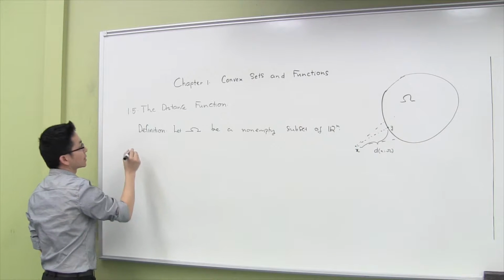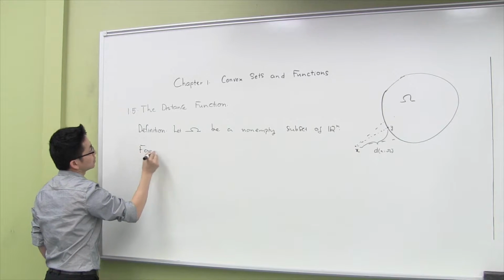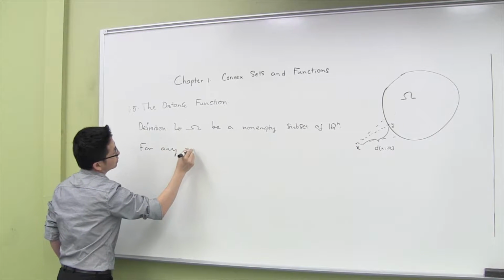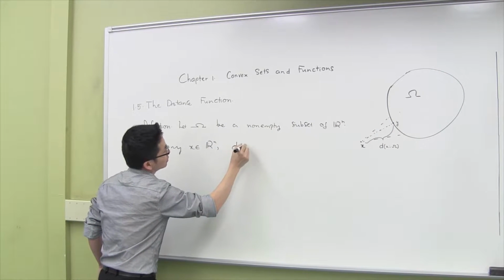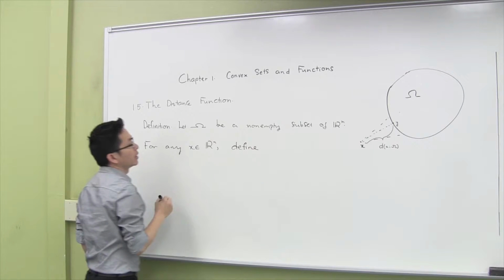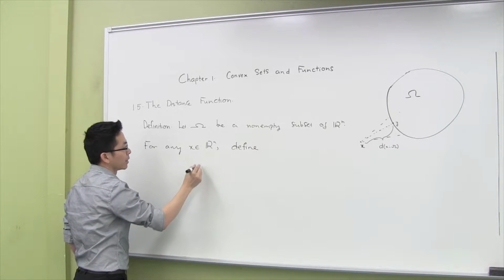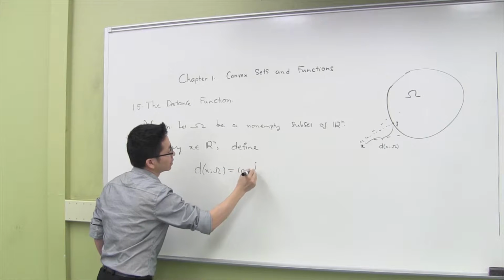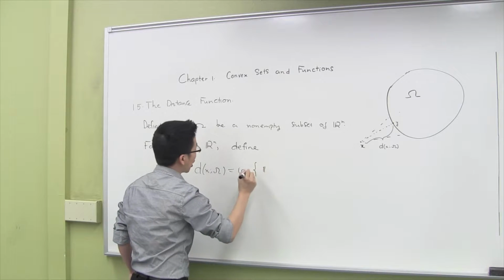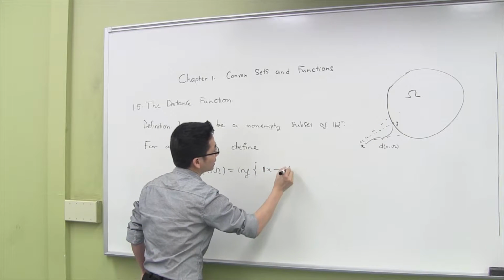For any x in Rn, define the distance function from x to omega by the infimum of the Euclidean norm of x minus y, where